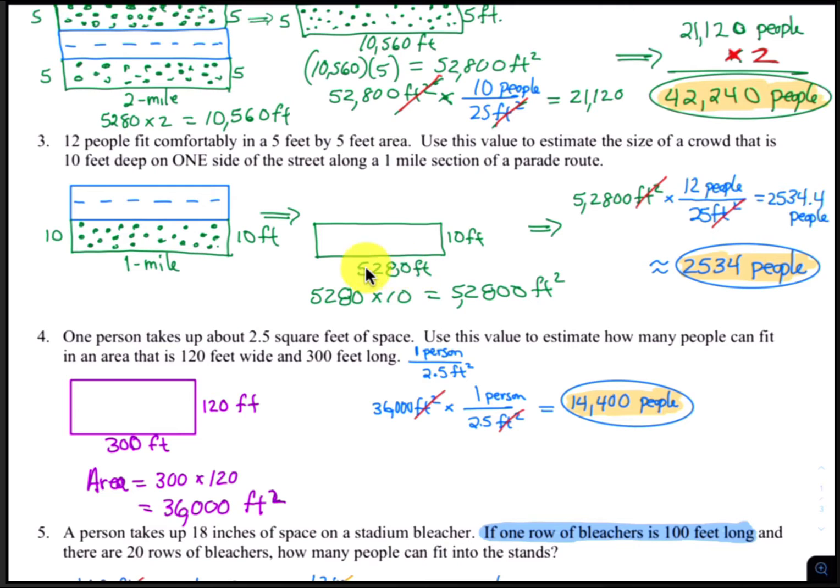1 mile is 5,280 feet. And then that's times 10 to figure out this area. 5,280 times 10 is 52,800 square feet. The 52,800 square feet would be multiplied by the ratio of 12 people per 25 square feet, and then the 25 square feet cancel. That leaves you with